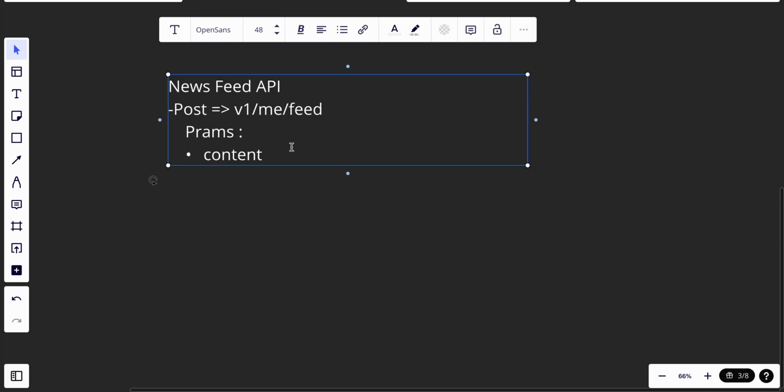Okay, for the params we will have content, I guess, and we will have the auth token. And we will say that we will be using the RESTful API, HTTP post request,